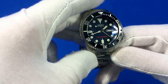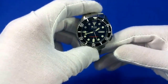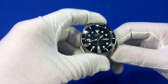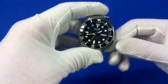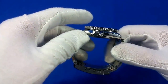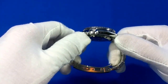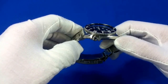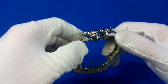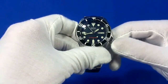And the 6105, sorry, that ceased production in 1977, but not before it was adopted by many U.S. soldiers that were deployed to Vietnam. And that watch, I should say, was, some would say, immortalized in the film Apocalypse Now by Captain Willard, played by Martin Sheen. There were several divers models until 1996,